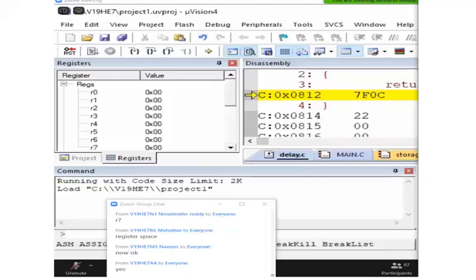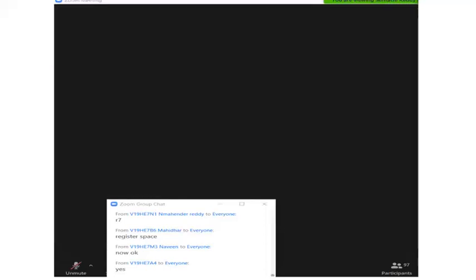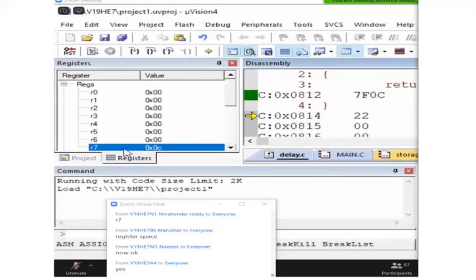So in this way, your return value is stored into this and it is returned through the register. So even when returning the value, it is using CPU registers only.